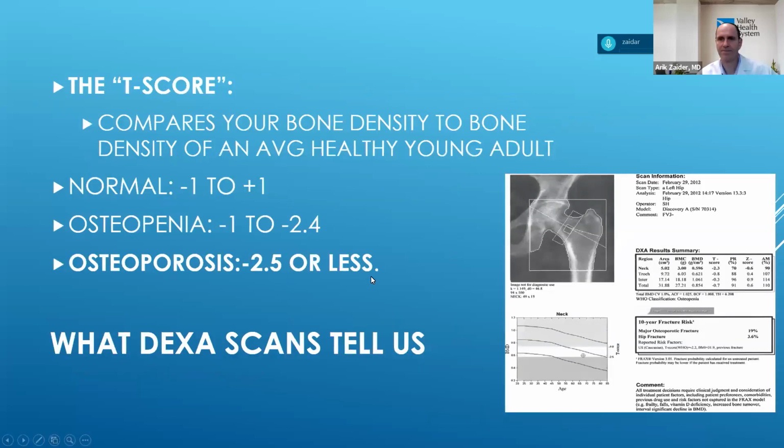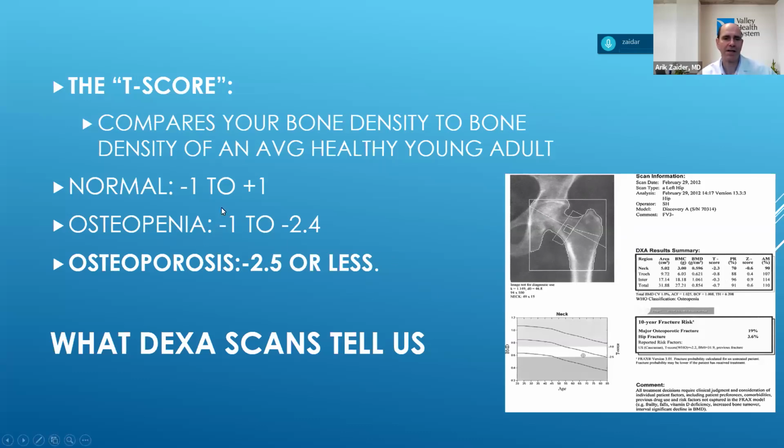What does the DEXA tell us? The DEXA tells us a lot of information, but perhaps the most important finding is something called the T-score. The T-score is a number that really tells you your risk of having osteoporosis. It does that by comparing your bone density to the bone density of a healthy young adult of the same gender, a healthy young woman if you're a woman, a healthy young man if you're a man. And the key number is 2.5, or I should say minus 2.5. If your T-score on your DEXA scan is minus 2.5 or less, meaning minus 2.5, minus 3, minus 3.5, something in that direction, that is osteoporosis. That defines it, and then we begin to treat it as such.